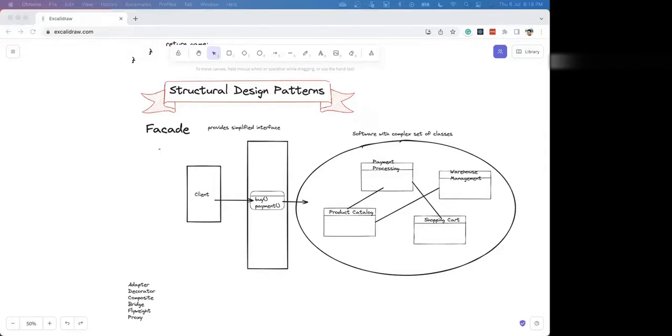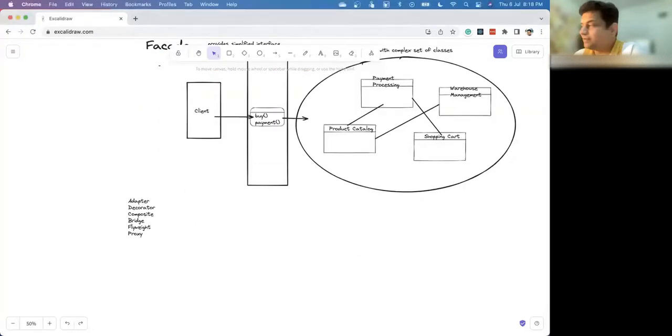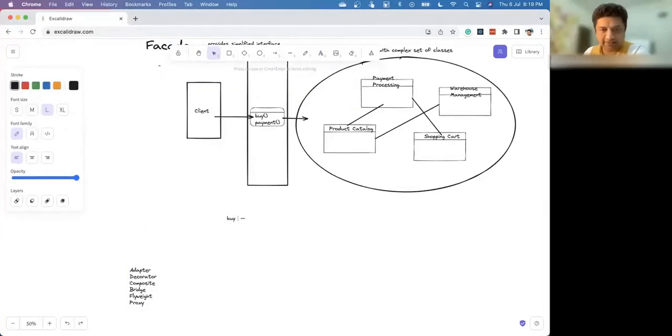Another thing you can understand is, when you say buy, you provide the product detail, maybe the product ID, and then inside it will do